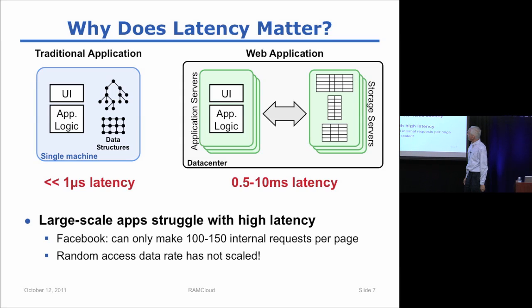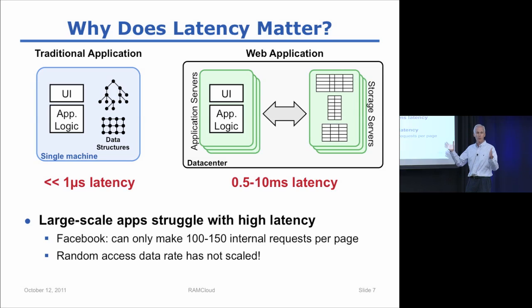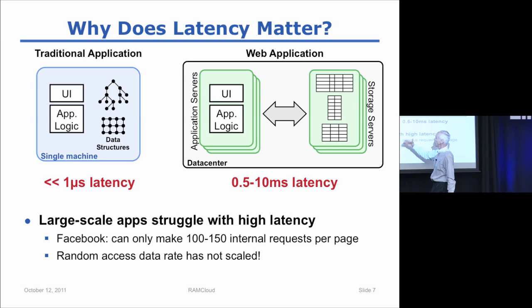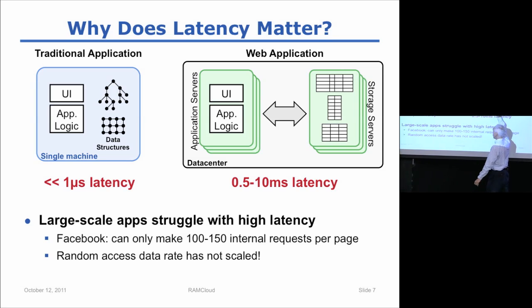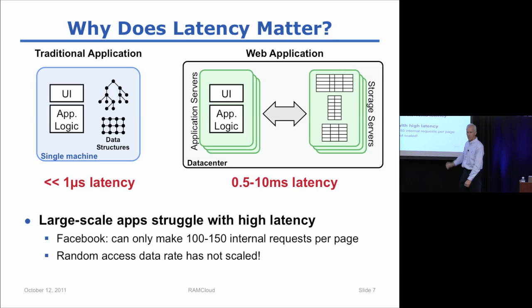So if you think about that, if you ask the question, how many small reads, say 100 byte or 1,000 byte reads, can I do per second with one machine over here and with 2,000 machines over here, 1,000 application servers and 1,000 storage servers? The answer is the one machine wins. Or depending on how you do it, you may be able to barely squeak ahead. But basically, we've got 1,000 times the number of resources, and yet we can only access the data at the same rate as with a single machine. So it's been very uneven scaling. We scaled CPU power, we scaled storage capacity, we didn't scale data access rate. And that's a huge problem for large-scale applications.